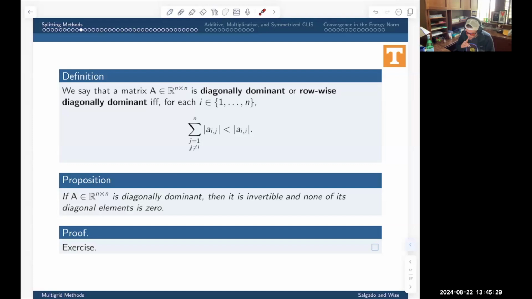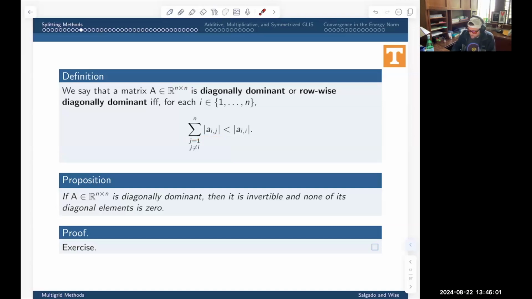Well, it's one where for each row I, the diagonal element in that row, in modulus or absolute value, we're in real land, so this is absolute value, is strictly greater than the sum of all of the other off-diagonal elements in that row in modulus. So take all the elements in that row, not the diagonal element, take the moduli or absolute values, sum them up,